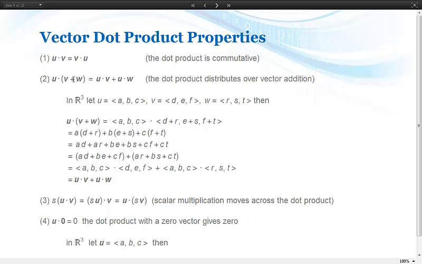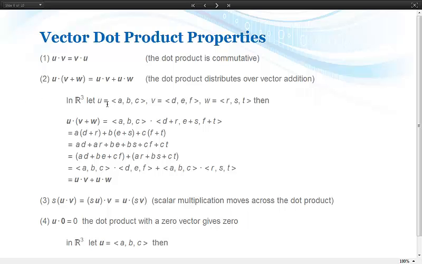The vector dot product distributes over vector addition. This is an important and not so obvious property. If I add the vectors v plus w and then compute the dot product, u dotted with that sum, I get the same answer as if I do u dot v and then u dot w, and those are real numbers, right? If I add those two real numbers, I get the same result. So here again, the addition on the left-hand side is the addition of vectors. The addition on the right-hand side is the addition of real numbers because I'm computing the dot products first. But it works, and let's see why it works in